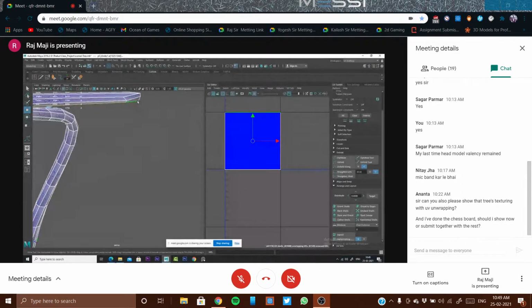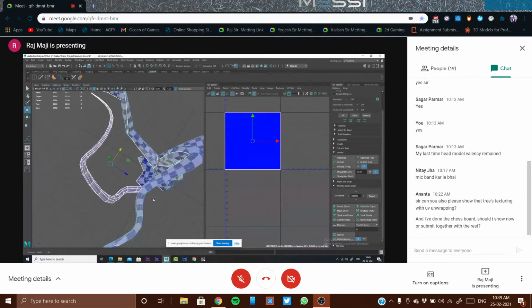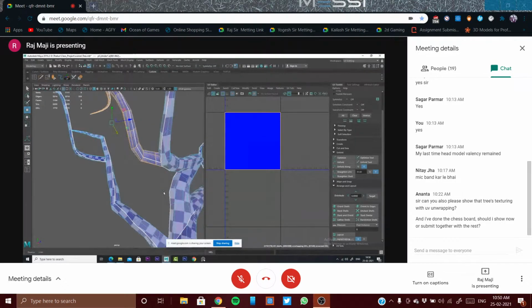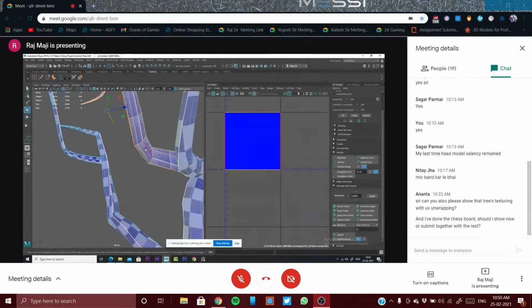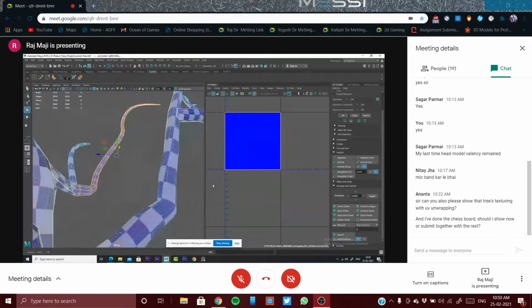So this much will be the opening. Now shift select over here, just toggle select. Whatever seam I selected is deselected, and everything else is selected now.